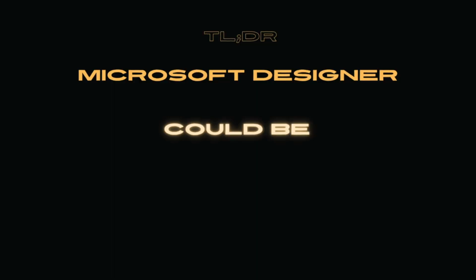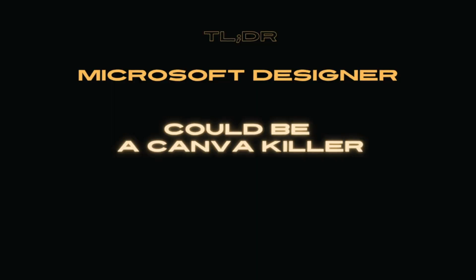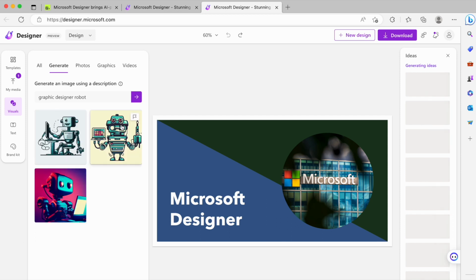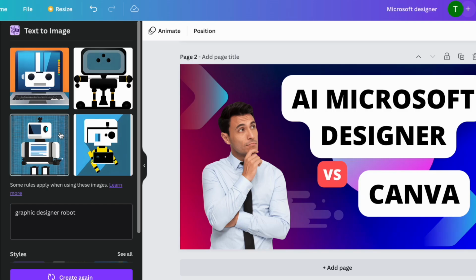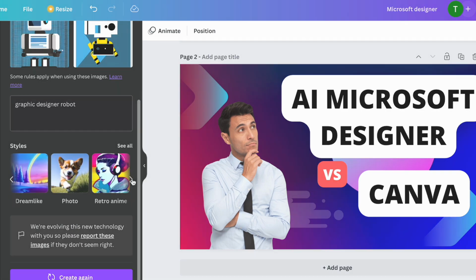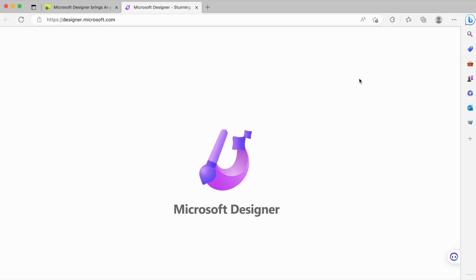And finally, if I was working at Canva, I'd keep a really close eye on Microsoft Designer, because I believe this could be a Canva killer, especially with how Microsoft is launching this very accessible tool on their browser and probably going to roll it out into their other Microsoft Suite apps. We are looking at what potentially could be the next war for AI designer dominance. So I recommend trying this out at designer.microsoft.com and tell me what you thought of it and what you came